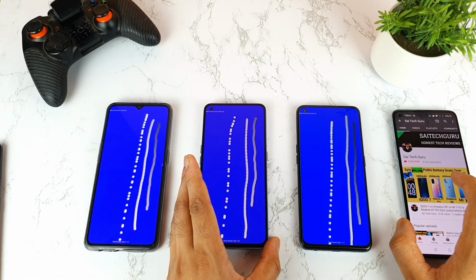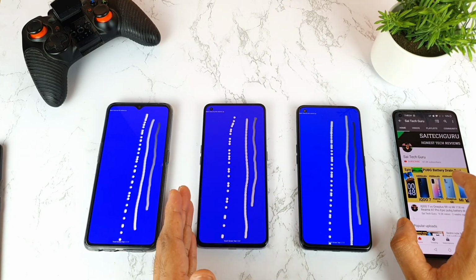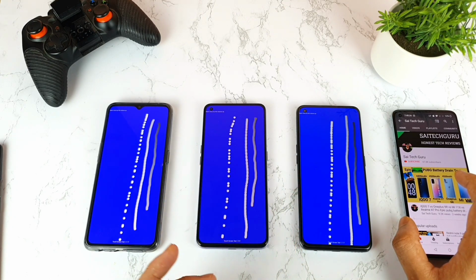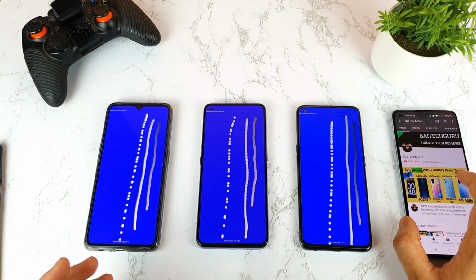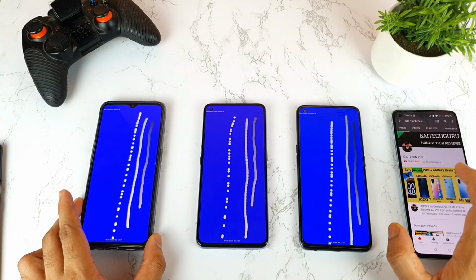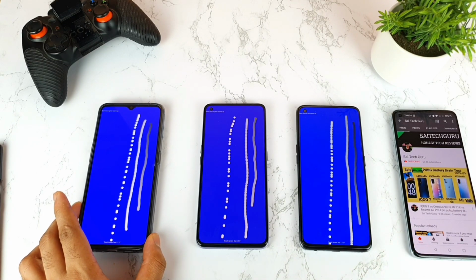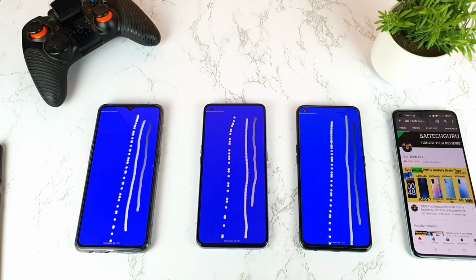So in case you're planning to buy the Realme X1 Pro or the X1 Max device, these are the things you need to clearly check. Which phone has the better touch sampling rate and better gaming experience? That is really required for a lot of users. So these are the quick differences, friends, between the phones in terms of the touch sampling rate.